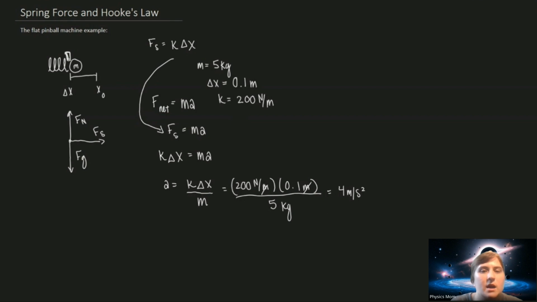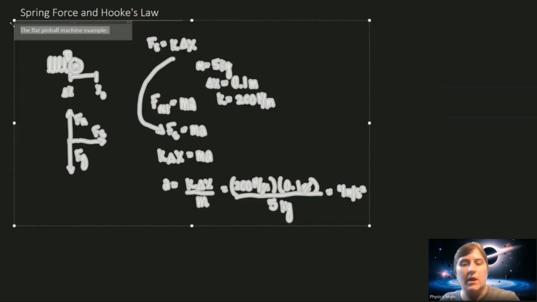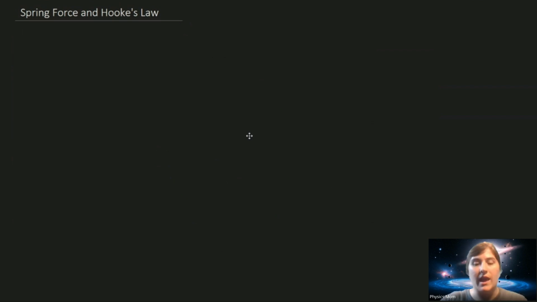Another case that we will look at: instead of looking at the flat pinball machine, we can look at what's called the hanging mass. So we will call it a hanging stationary mass example. And this is going to be particularly helpful when we do the lab for this module. We can look at it as a spring attached to some fixed position, whether that's a ceiling. In the case of the lab we're going to be holding the spring, but we'll say that a spring is attached to some fixed position,